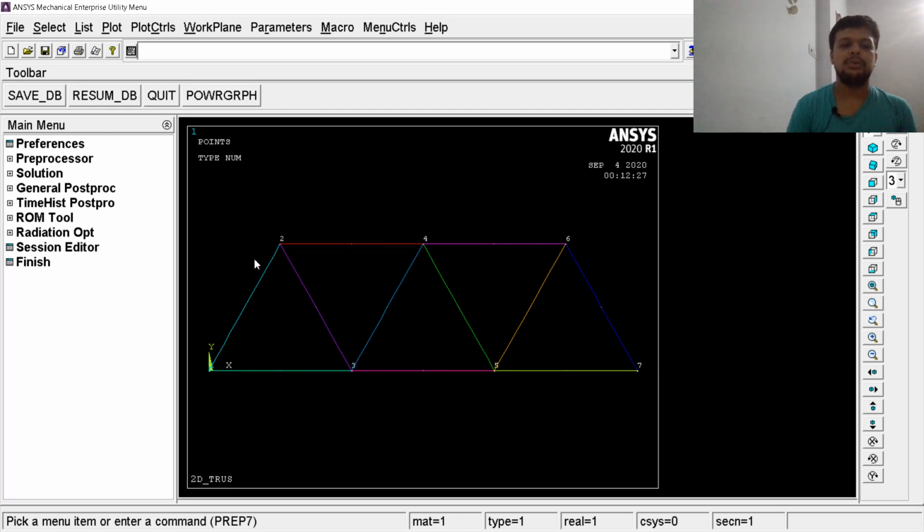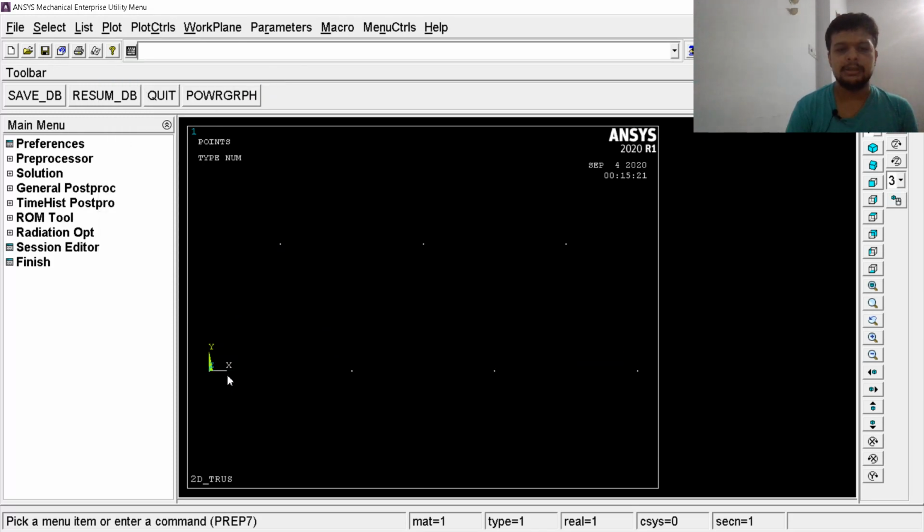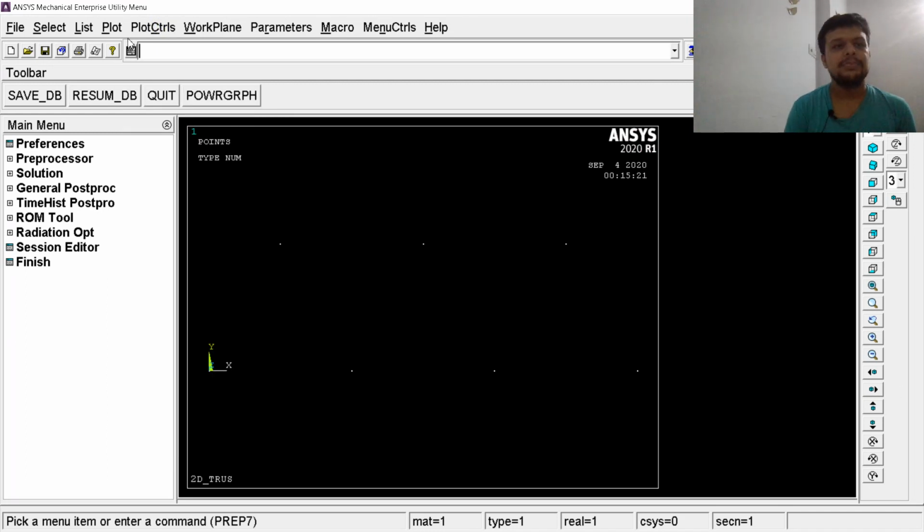Suppose you want to know the point numbers clearly. There is a Plot option here. You can go there, use Keypoints and choose Keypoints. If you choose this, it will show all the keypoints created. And if you want to know the numbering for these keypoints, you have to go to PlotCtrls, then Numbering.